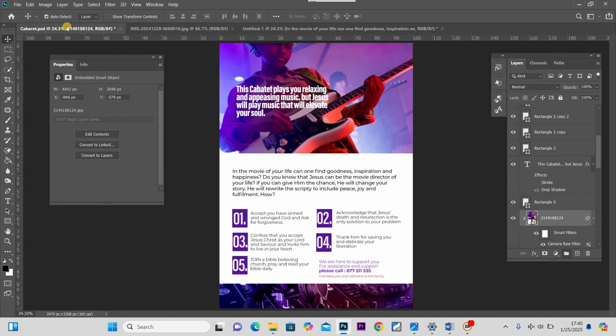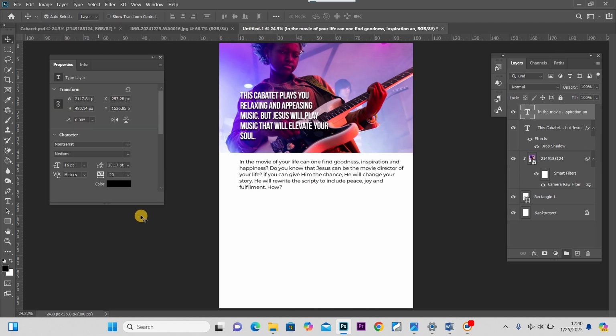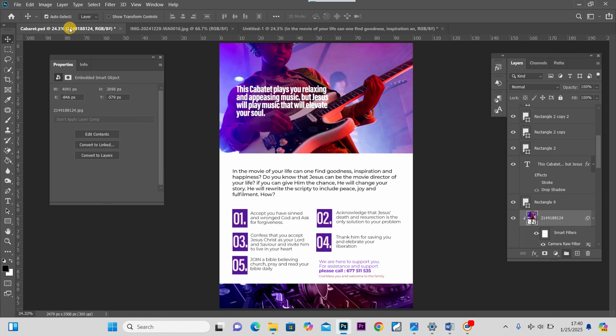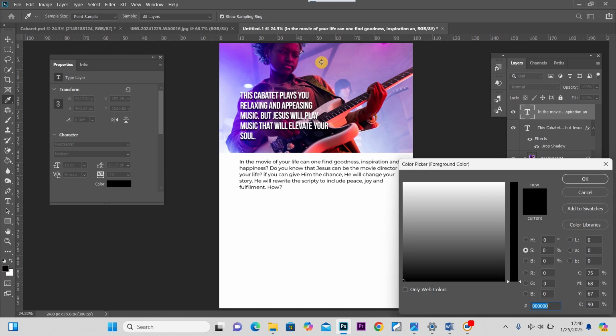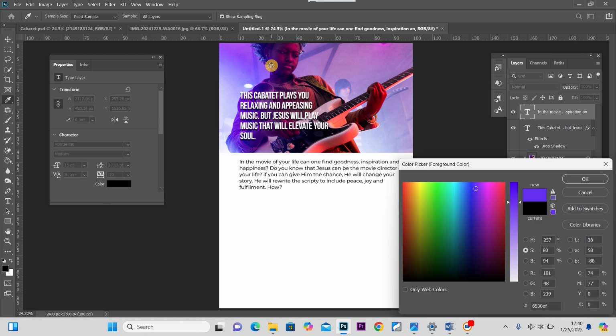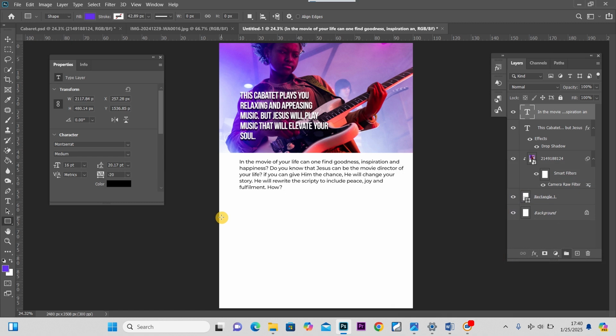The next thing I did here was to create these boxes for the text, for the various text that we have. So they're actually 5 in number, so I'm going to just create it. So for the color that I used, I just picked a color from the design. I didn't want to introduce a new color that may make the design a little more difficult, so I'll just add this like this,